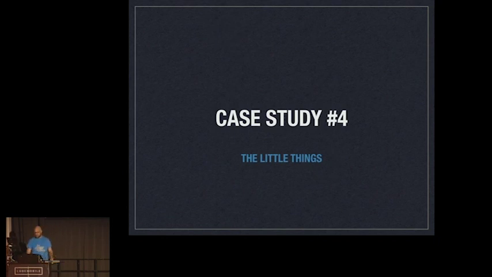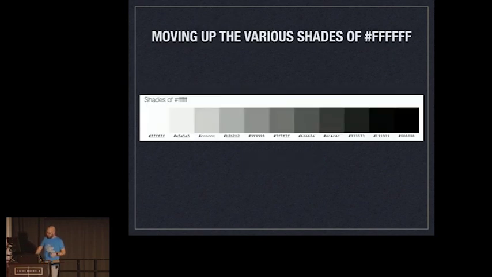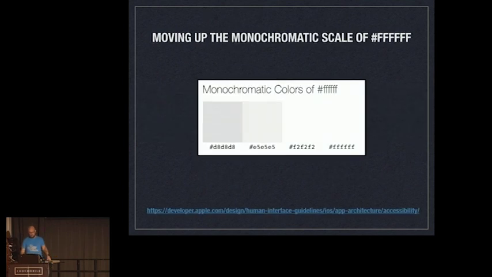So I thought, okay, I'm going to make some changes to our app. Whiter than white is the colour, so the first thing I did was look at the various shades of white. This is taken off the web. I looked at that and thought, a little bit harsh, because we don't want to go full dark at the end. So I decided to go a little more subtle, and I moved up what's called the monochromatic scale of white, in increments. I'm going to change the background of the app on the product list page, and get Neve to run the two tests again, with and without distractions.